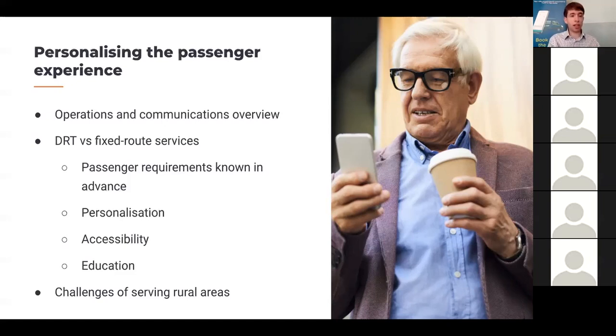And of course, it brings with it challenges in serving rural areas. And in North Lincolnshire, it's a large area to cover with a small number of buses. So the education around encouraging people to book at quieter times if they're not travelling where they have to be there at a certain point. And a lot of our passengers are travelling for leisure, so a slightly later departure in order to get where they're going and to fit in with the rest of the passengers and buses is great. And DRT is obviously for where fixed services won't work. If they did, we'd be running them, such as the key routes into the city centres.